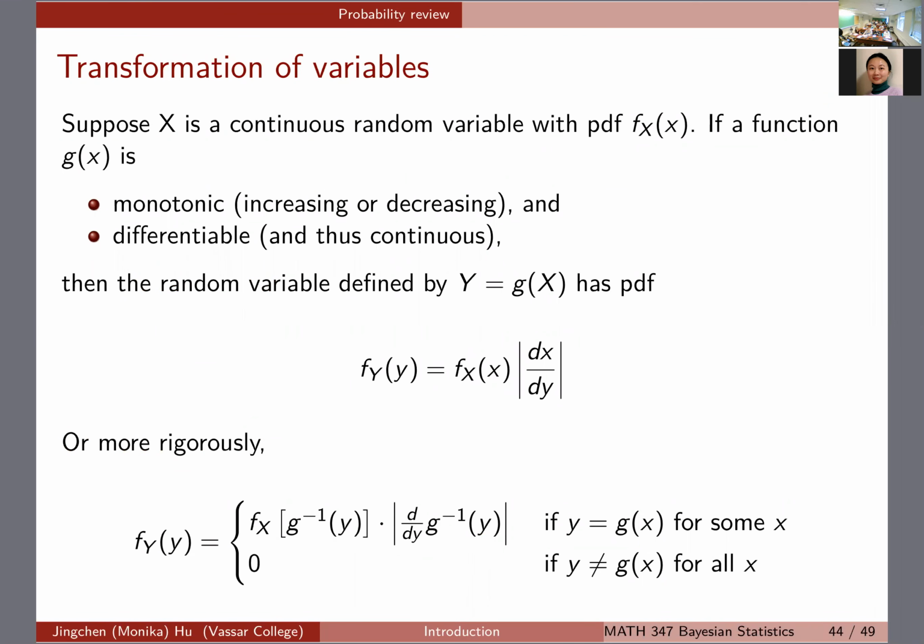And last time I was saying that the reason why we care about this is because a lot of times you have a density of a particular random variable or parameter in the model, but sometimes you care about a different formulation of that. Say, the example that I gave last time is sigma, which is the standard deviation of a normal. If we know that it follows a particular distribution, then sometimes we